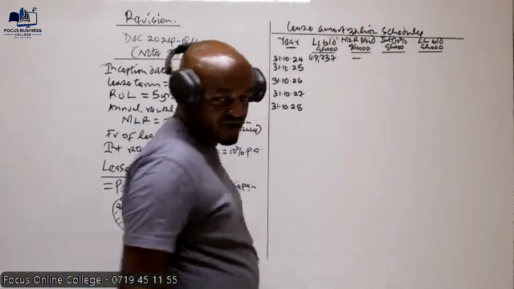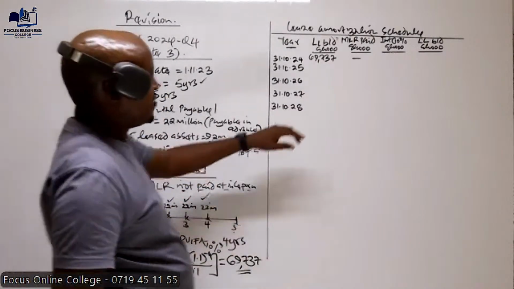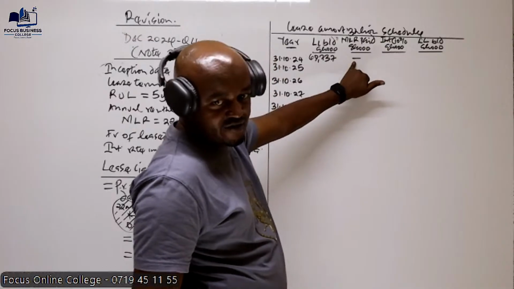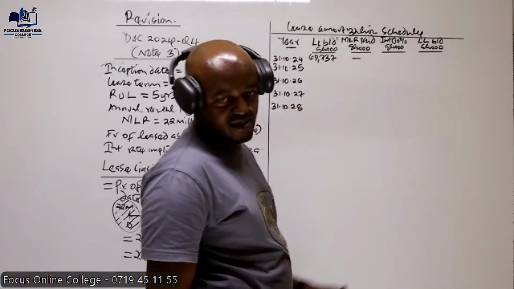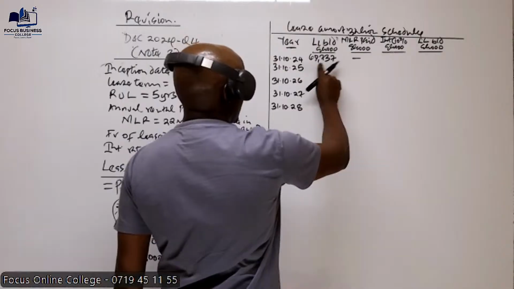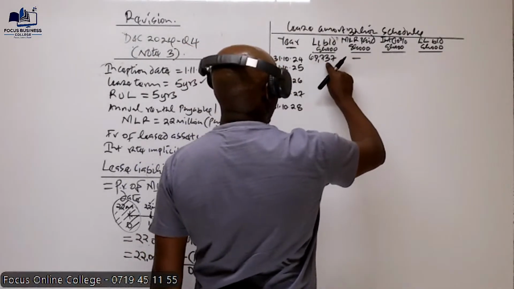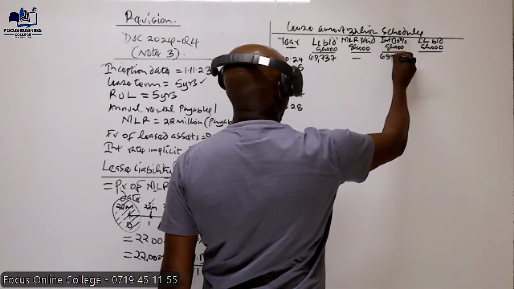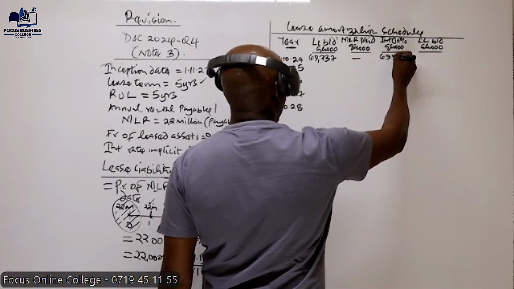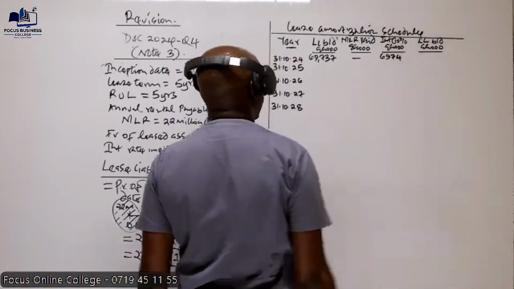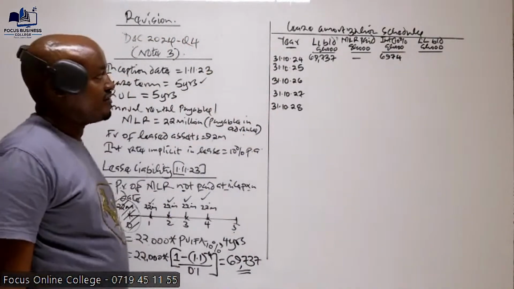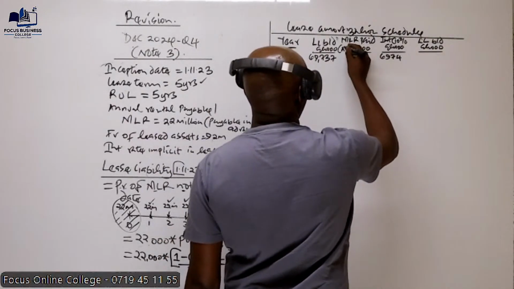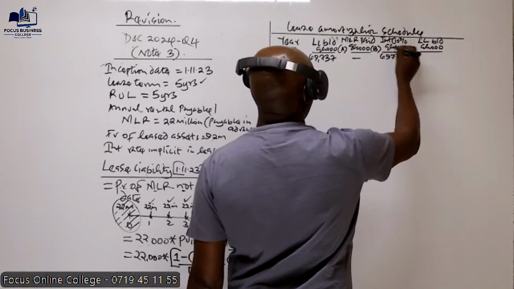So then from there, we compute interest. How do we compute interest? We said we take this one minus this. And then whatever we get, we subject it to 10%. So in our case, we should take this one minus 0. We get 69,737, we get 10%, which is 6,974. And we will work with all our figures to the nearest whole number. Then to get the lease liability at the end, we take this one, A minus B